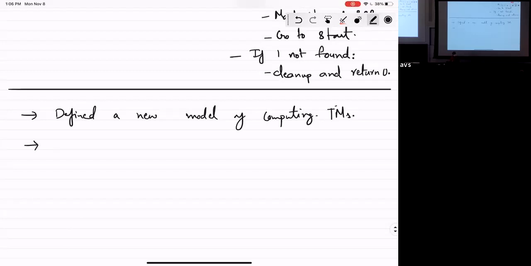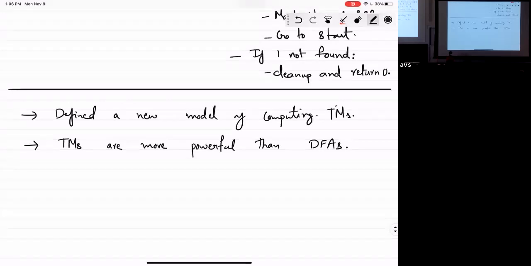And we also already saw that Turing machines are more powerful than DFAs. They can compute non-regular languages. And obviously, any DFA is also basically a Turing machine, right? You just don't have to remember anything, and everything kind of goes through.